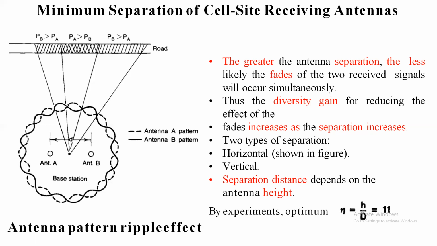Due to the close spacing, that means if the space between two receiving antennas is very small, a near field disturbance will occur. That means the radiation effect will disturb the other antenna's field, and near field disturbances occur. Due to this, ripples will form in the antenna patterns. These are indicated in the circuit diagram.